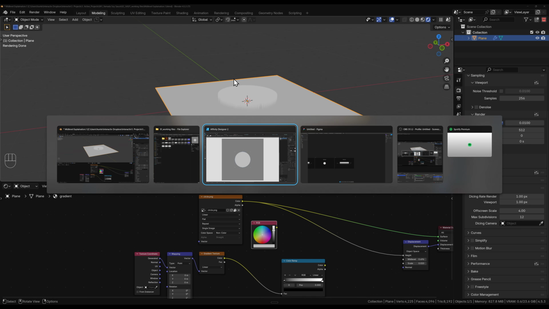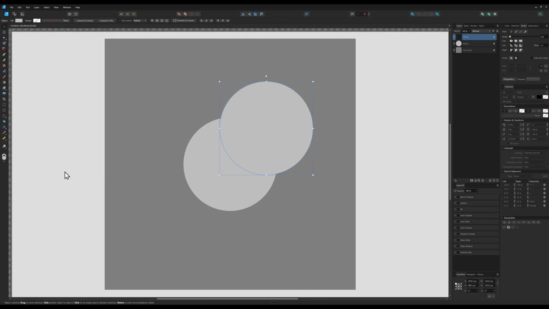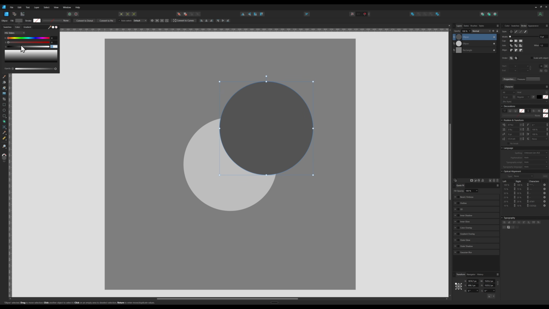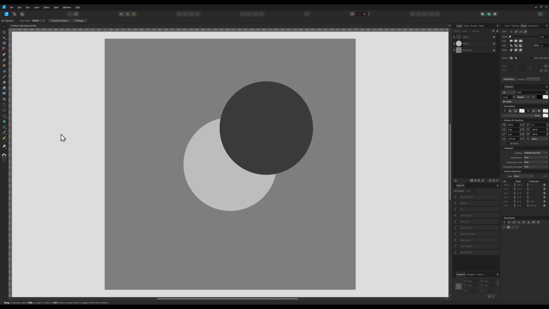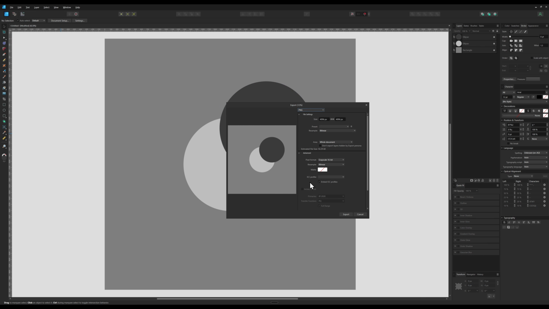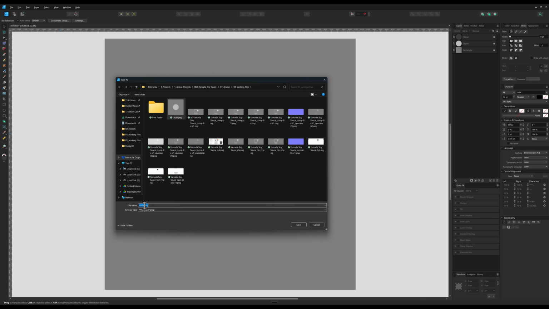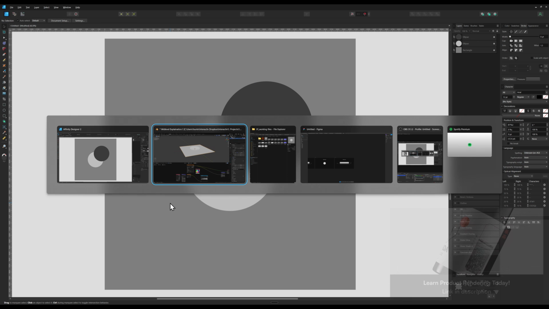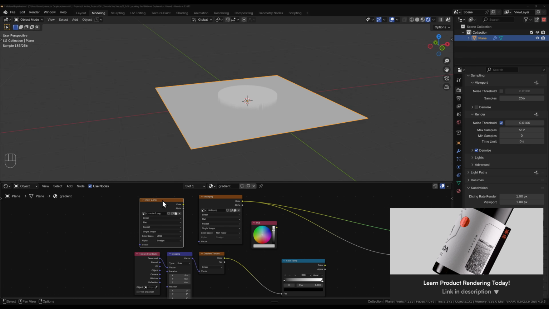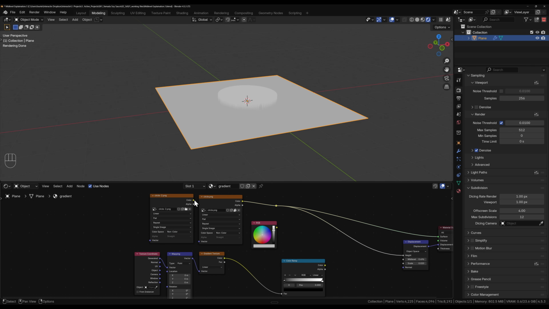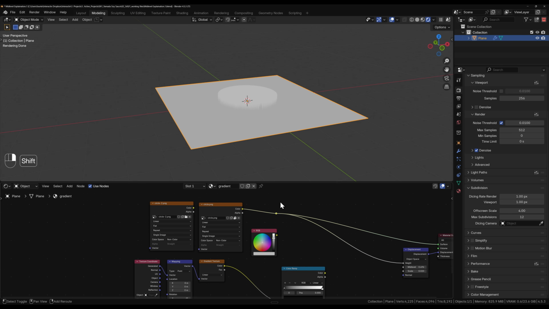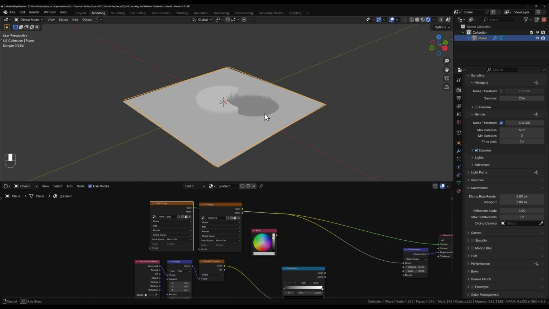So let's jump over to our file here. We could just duplicate this, and debossing just means go below the mid-level. So the mid-level is 50 or 0.5. Just push this below the mid-level. I'm using Control-Alt-Shift-S to export that. We'll keep all the same settings, jump here, and I'm just going to go -2 for that. Jump over here, bring this in. This is our new one. Then we'll go non-color. And what we can do is combine those two, and I just used Shift, and then you right click and draw over the two, and that will combine the two and create an extra socket. And so now you can see here that we've actually